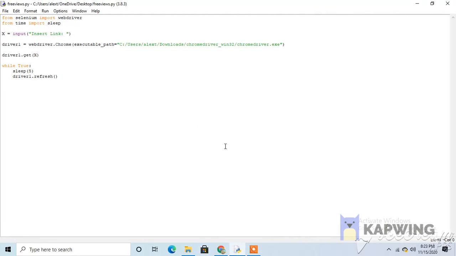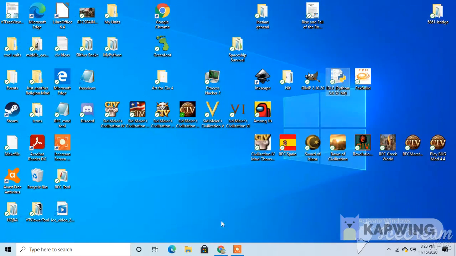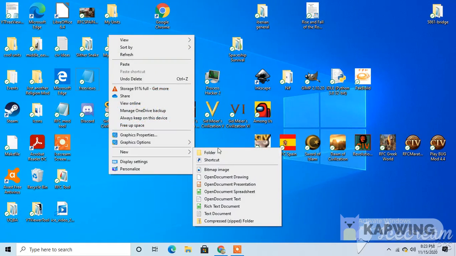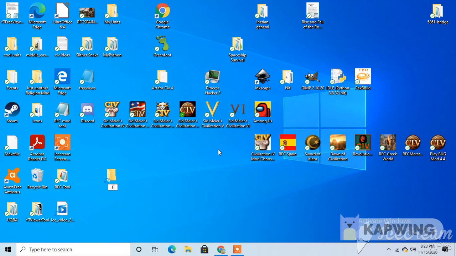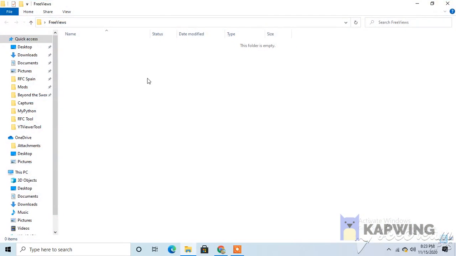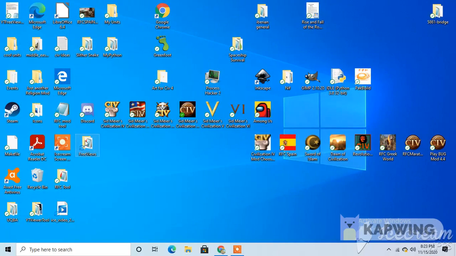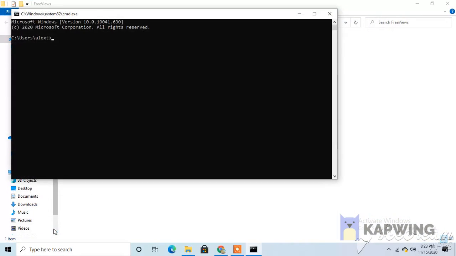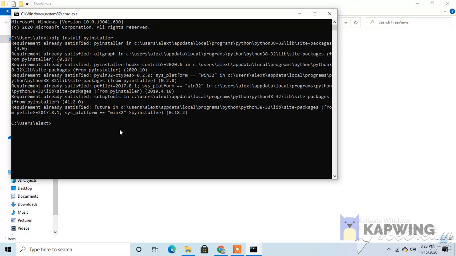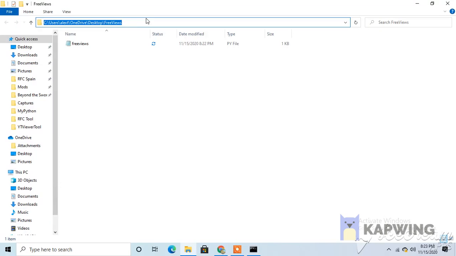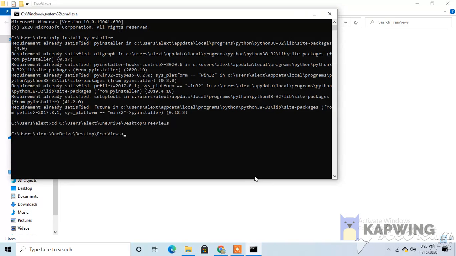And now to make it into an executable, just close this, copy, cut it, make a new folder. Let's name it free views. Then just paste it in, Control V. Okay, then install PyInstaller the same way you installed Selenium, so pip install pyinstaller. After that, I already have it, so just type in cd and then the path, so just copy it quickly, enter, then type in pyinstaller